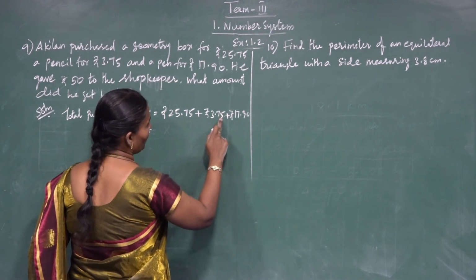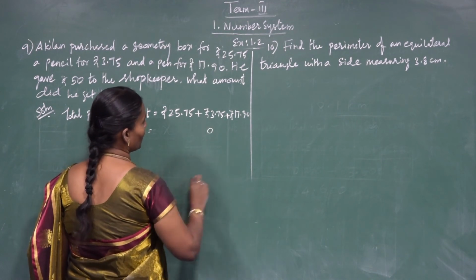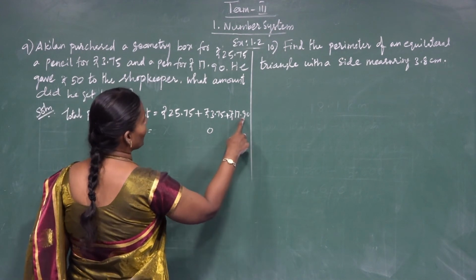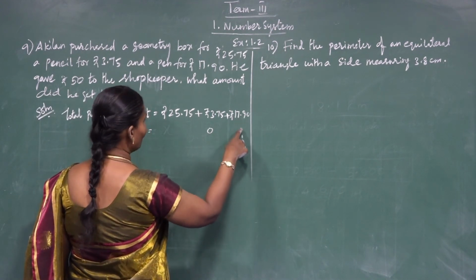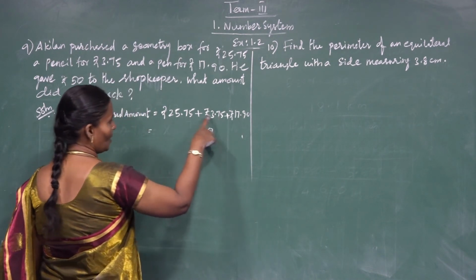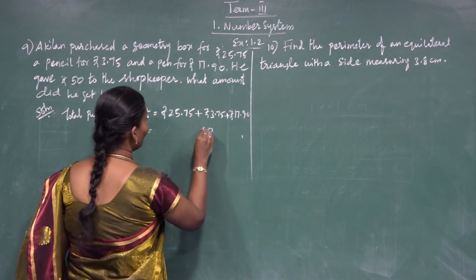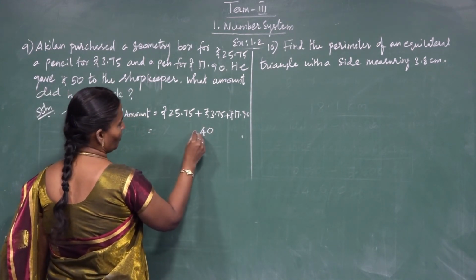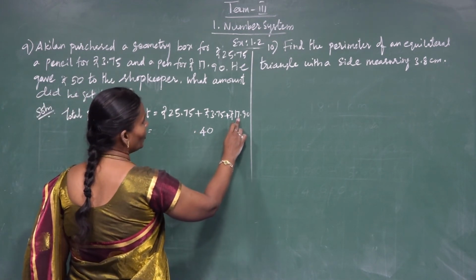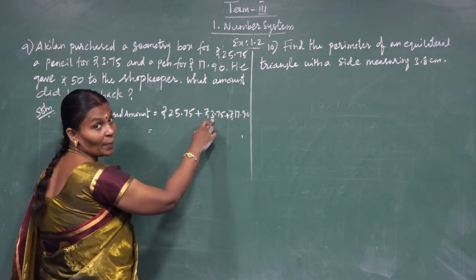So 5 plus 5 is 10, 10 plus 0 is 10 only. So 0, remaining is 1. Now come to the 10th place. So here 9, 9 plus 1 is 10. So 10, 17, 17 plus 7 is 24. So 24, remaining is 2. So put the decimal point, 2 is the remaining. So add 2. 2 plus 7 is 9. 9 plus 3 is